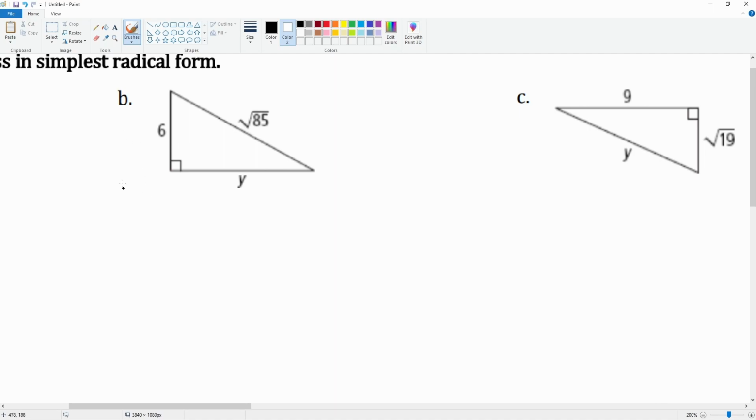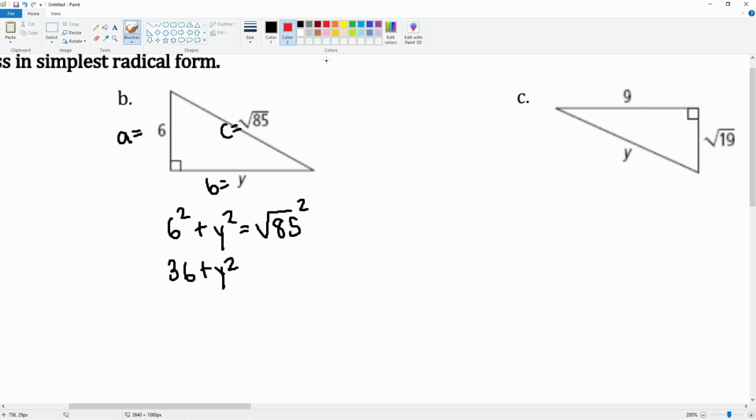B. A equals 6, B equals y, C equals square root of 85. So it becomes 6 squared plus y squared is equal to square root 85 squared. Notice 6 squared becomes 36 plus y squared. The square and the square root here will cancel, right? And then as a result,